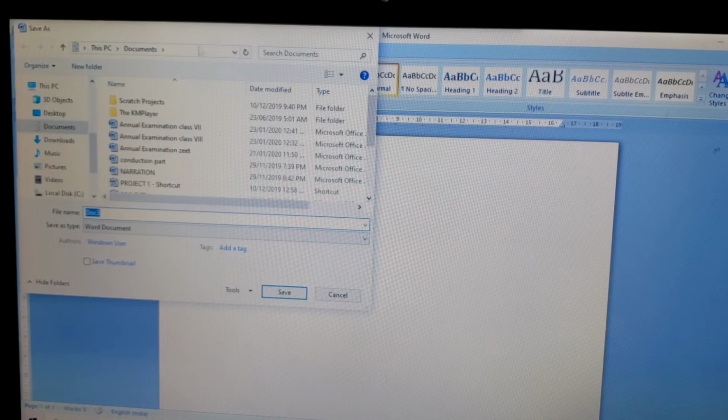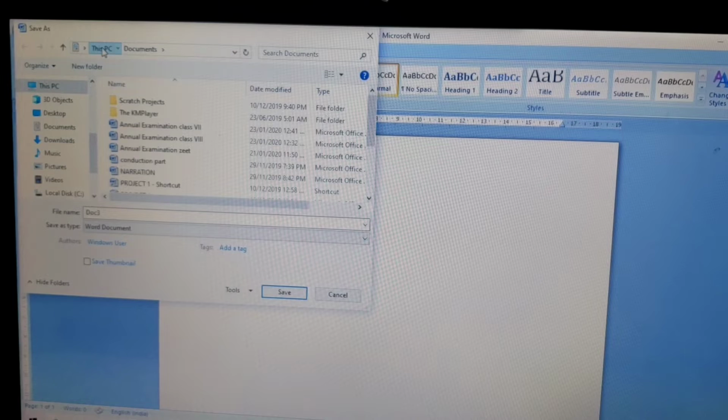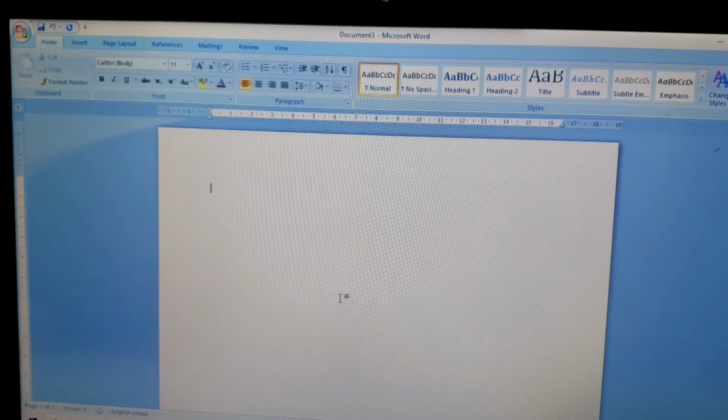Here you can select whatever location you want. Right now This PC, Documents is written because Word is a document file, so by default it will be saved in Documents. But if you want to change its location, you can simply do that by selecting different options from here. So wherever you want to save, you can save it, and then your particular file will be created.